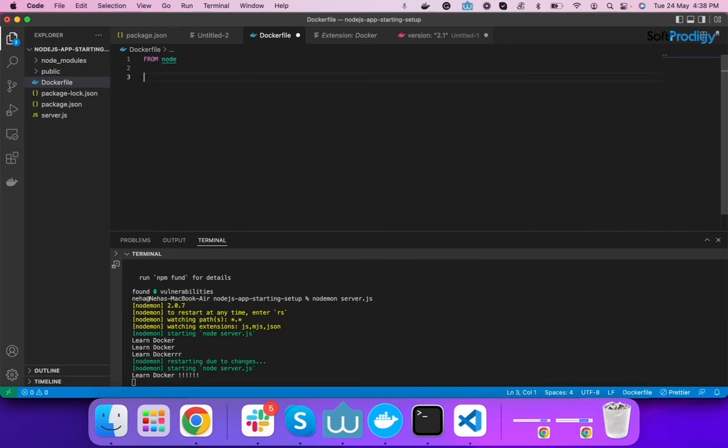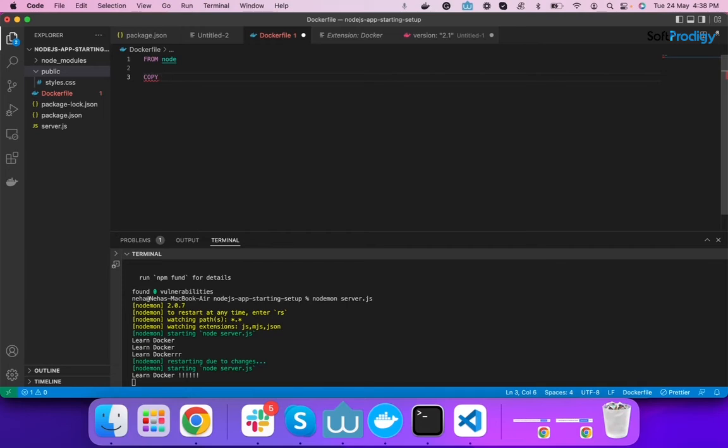After that, we can use a COPY command here. What is copy? I have configured a package.json, a server file and a public folder, which just has styling. And while we are creating an image, we should remember one thing: we are copying all the files of our current working directory, which is on our machine right now, into a directory in the container.